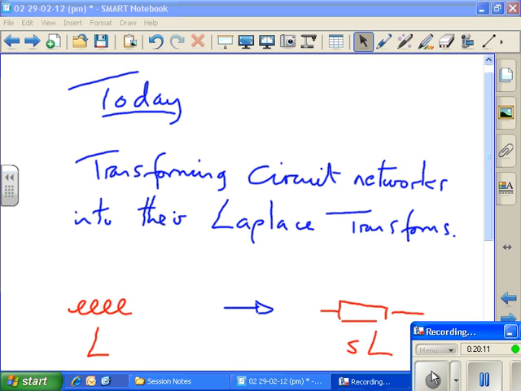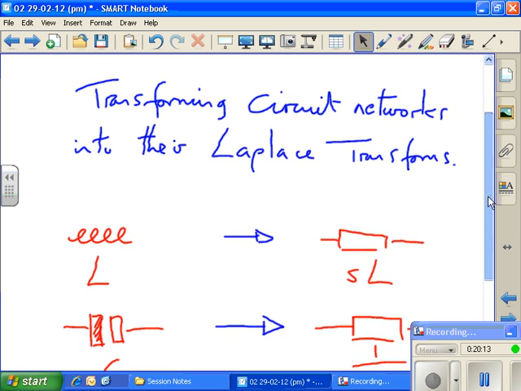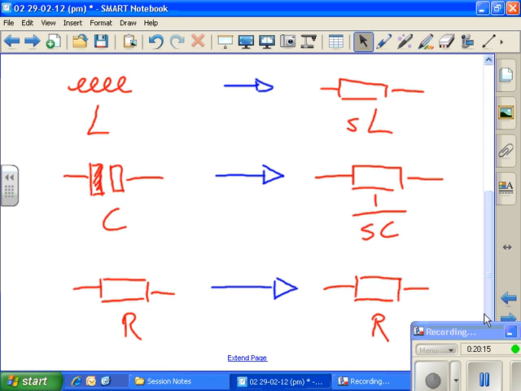I want to look at these transforms and look at how we can manipulate them algebraically to get them into a useful form, and we can put them into a circuit. So it's not going to be obvious initially how useful this is going to be. What we're doing is, it's sort of like,